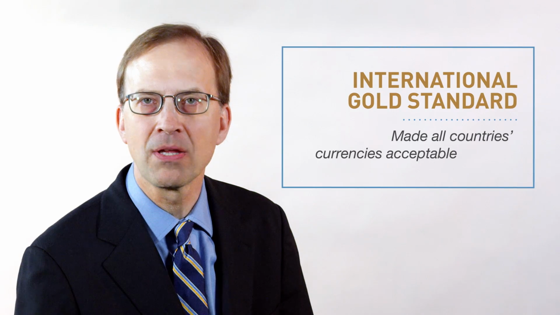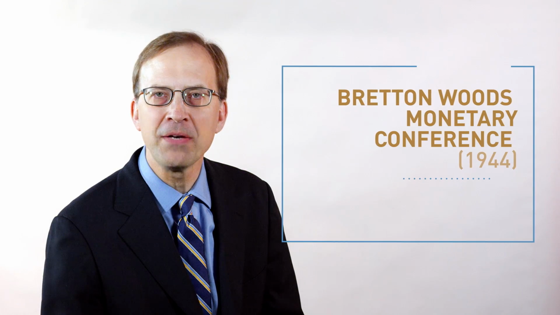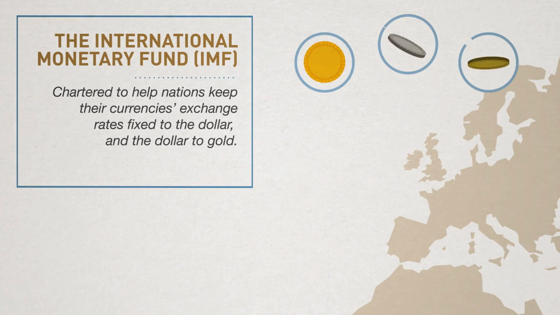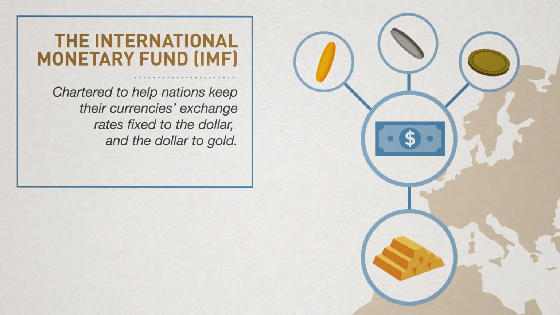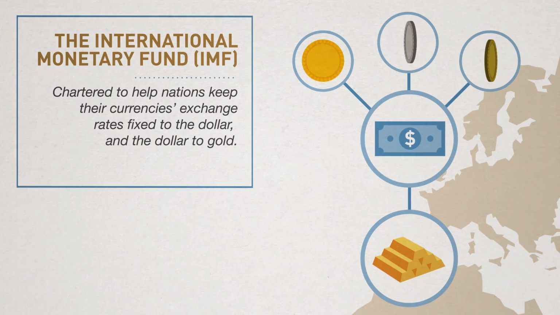This happened as the United States pursued two major policies aimed at promoting the post-World War II economic order. The first of these was the reestablishment of the international gold standard that would make all countries' currencies acceptable globally. The American-led Bretton Woods Monetary Conference of 1944 began the International Monetary Fund. The IMF was chartered to help nations after the war to keep their currencies' exchange rates fixed to the dollar and the dollar to gold. With currencies fixed to the dollar and gold, consumers and businesses the world over used them without fear that their